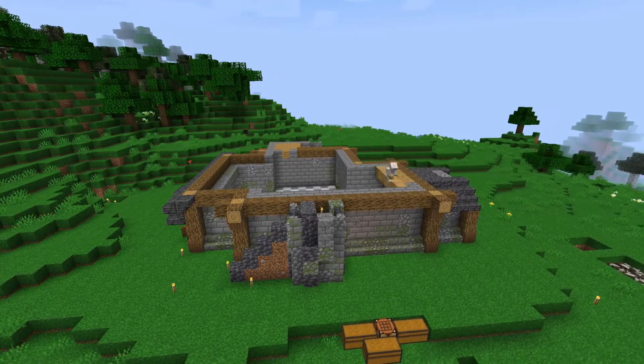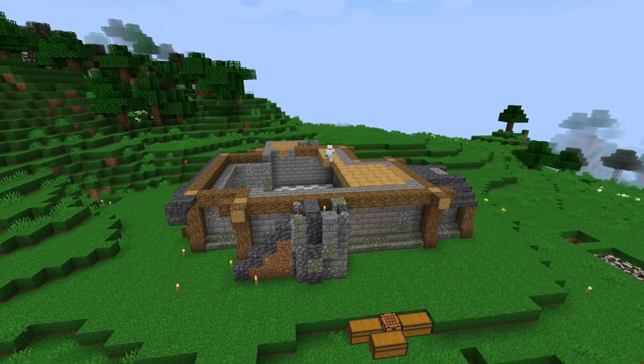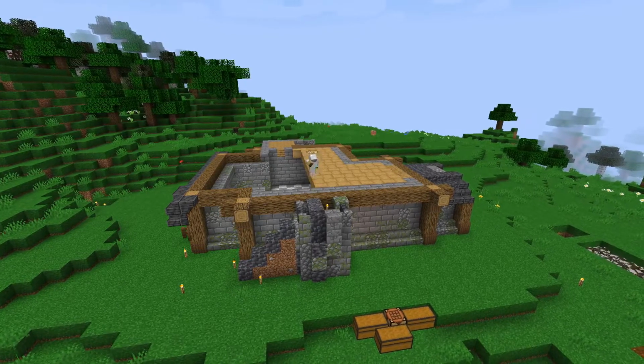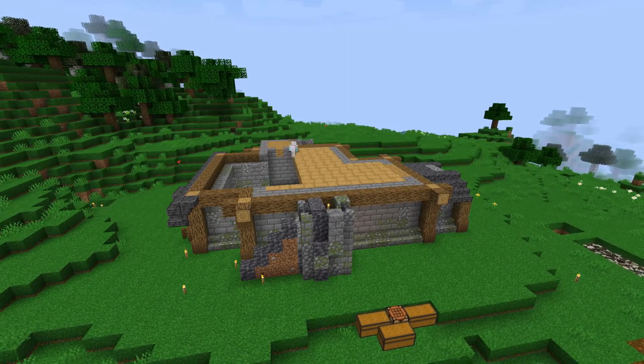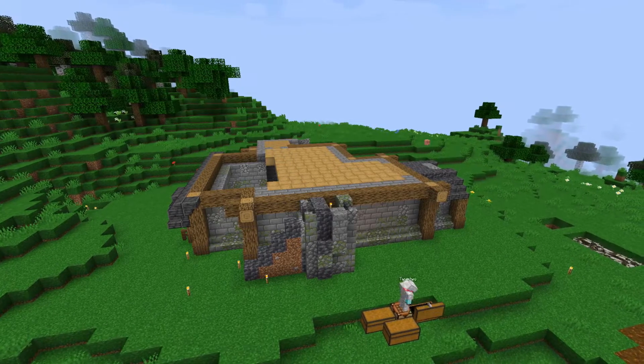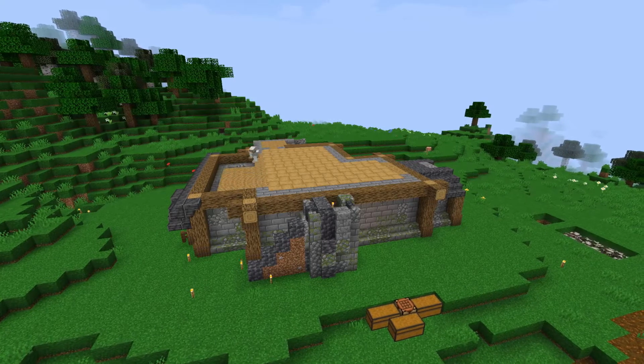So we log on and she's showing me this build, and I'm like, this is fantastic, it's brilliant, it's amazing. How is this a starter base? This looks really complicated. I have absolutely no idea how you built this. I'm not a builder. To which T goes, oh, it was easy. I just did this, and then this, and then this, and this. And I was like, fantastic.